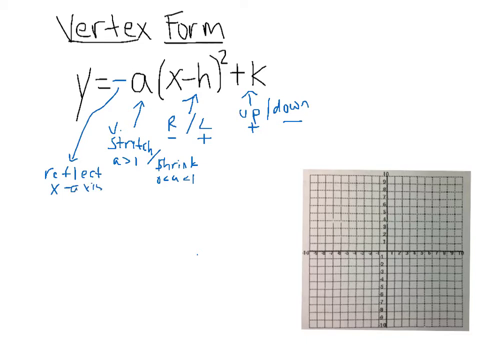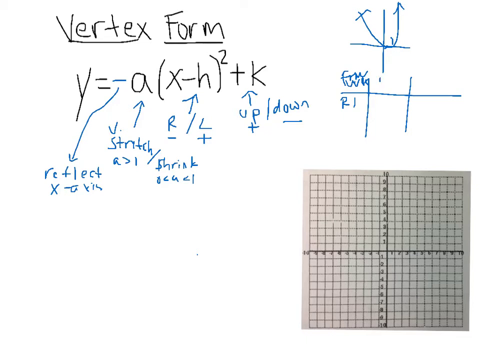Some things we need to talk about is your parent function. When we do the stretch and shrink, because a parabola doesn't have a defined slope, we're going to have to do our stretch and shrink a little bit differently by hand. So if you think about your normal parabola, your parent function that looks like this, from your vertex, which is that bottom point, so from your vertex, normally you would go right 1 unit, and your graph would go up 1 unit,